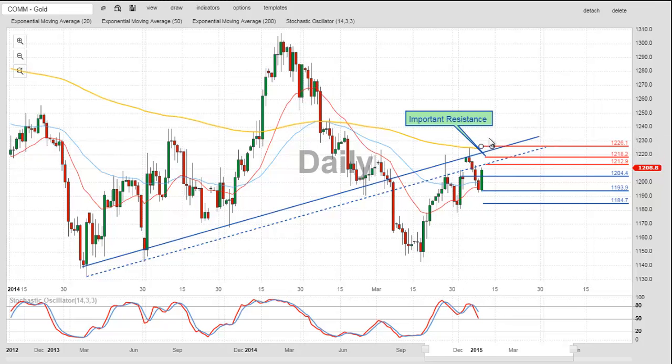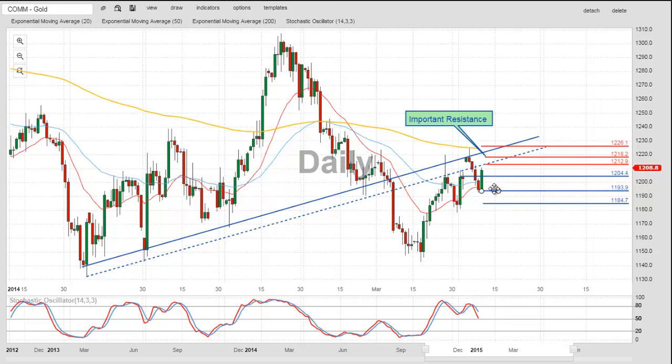Only a green candle closing in end of day time frame above 1,226 would negate the bearishness of the current price action, and then that would potentially indicate a pullback in the dollar index. If the price gets to these levels and maybe pulls back, then obviously this current high at